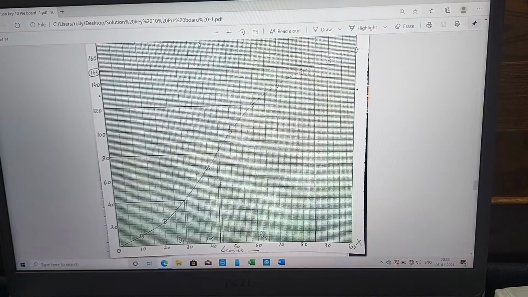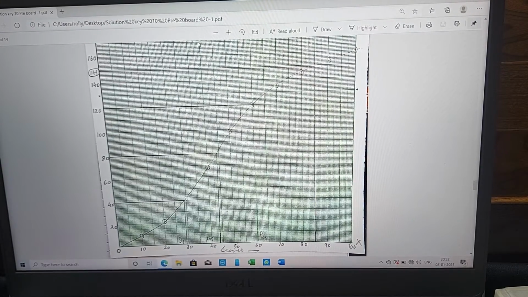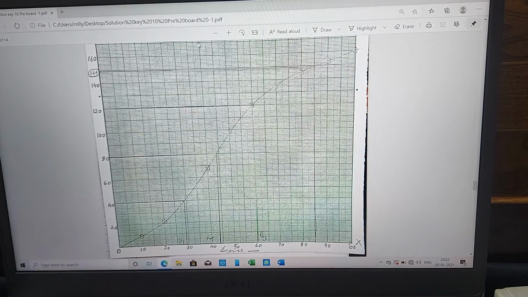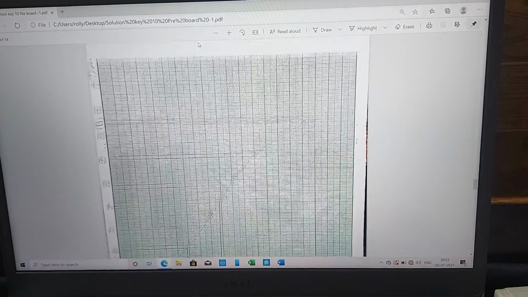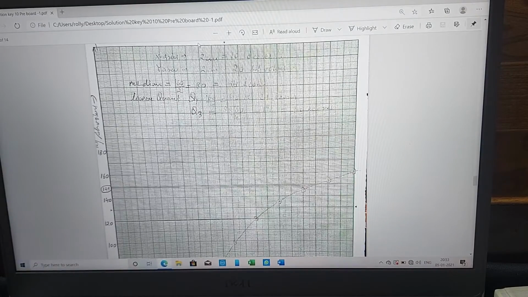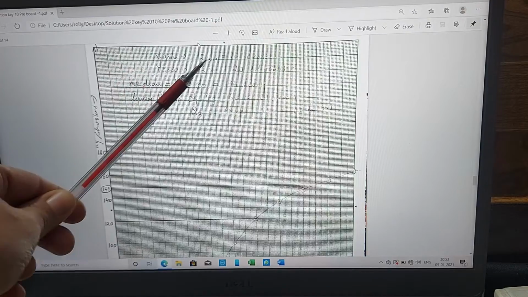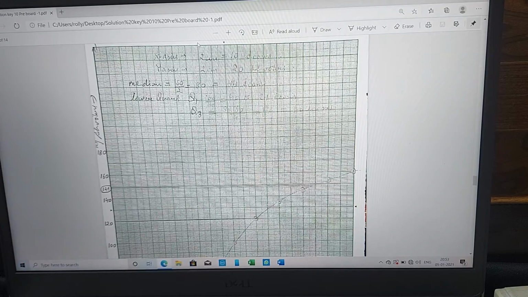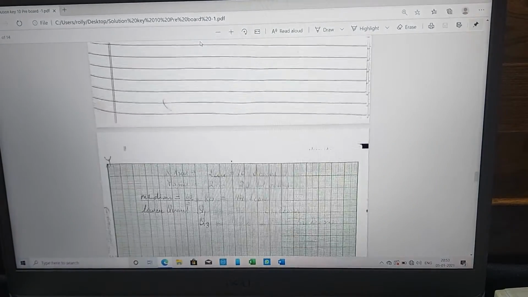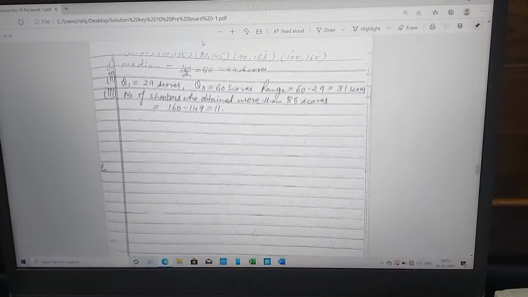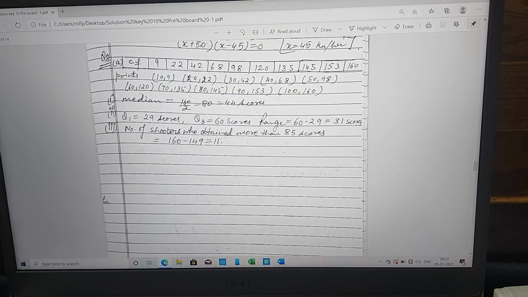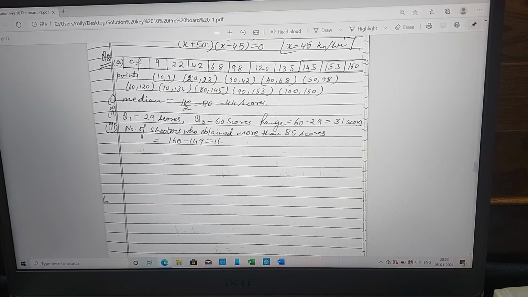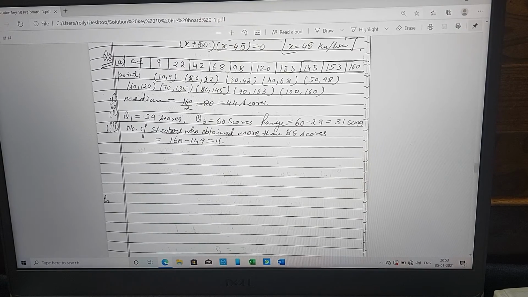Okay. You are supposed to write scales. You have to mention what you are representing on x-axis and on y-axis. For everything, the marks will be deducted. Clear? Scale has to be written. As you can see, I have written scale over here. For x-axis, it is 2 centimeters equal to 10 score. And y-axis, 2 centimeters equal to 20 students. Clear? Proper S curve. And the median will be n upon 2, that means 160 upon 2. We'll drop a perpendicular from there. Then we'll get median as 44.